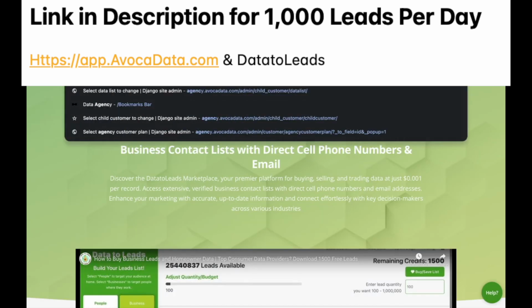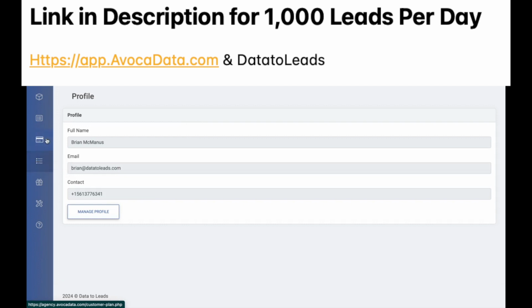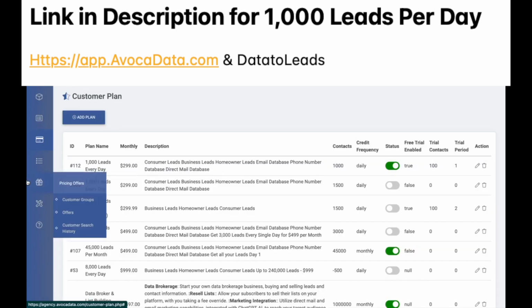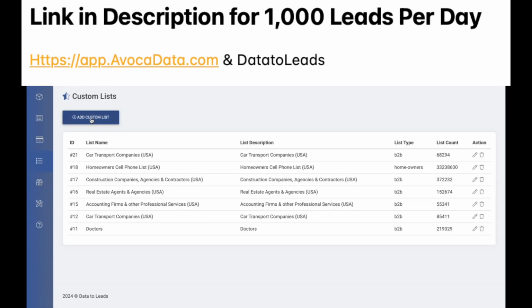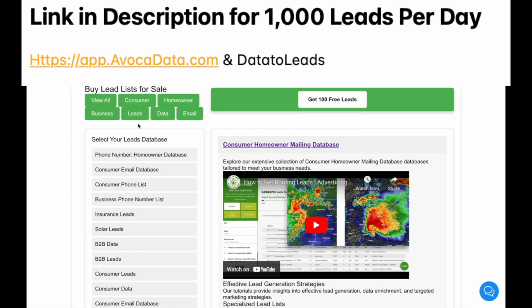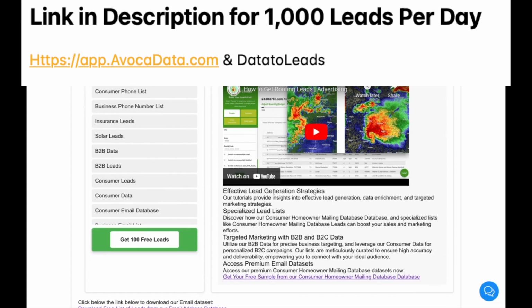Because we have a feature that we are going to be bringing out that will let you build lists, but not just build the lists. It'll let you build a dynamic set of pages for that list. So in this instance, we have car transport companies in all 50 states. There's 68,000 different rows of data. The widget that we're building will enable you to click a button and then create all these separate pages, all these separate